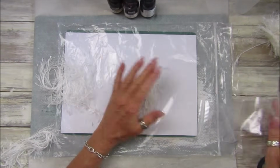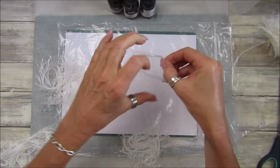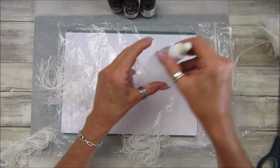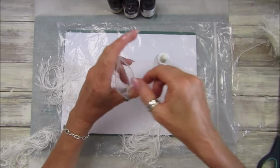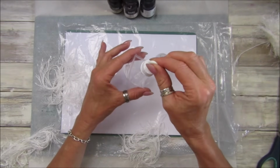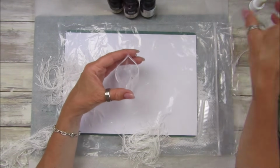Just wondering whether I should wet it first or not. So what do you think? Shall I just pop a little bit of water in there? I do have some gloves that I can take it out with, so I don't want too much. This is just water in here, so I'm just going to add a little bit of water in there, and